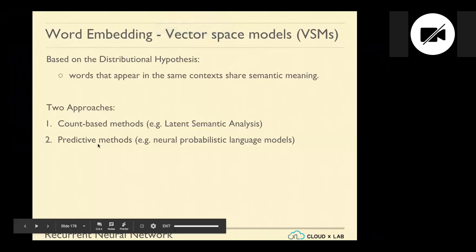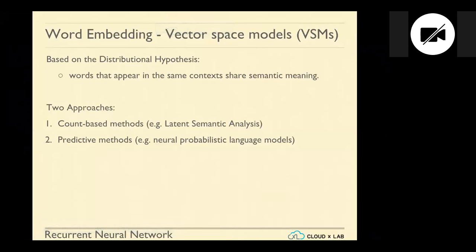All right, so there are essentially two approaches. One is count-based methods. We call them latent semantic analysis. Count-based methods, as in we count the words and we do the frequency analysis based on the count of the words. Okay, we take a sentence, we break it down into counts and so on, as well as how many words occurred after a particular phrase, how many words occurred before the particular one. So those are count-based methods that are based on the number of counts, but there are more sophisticated models such as